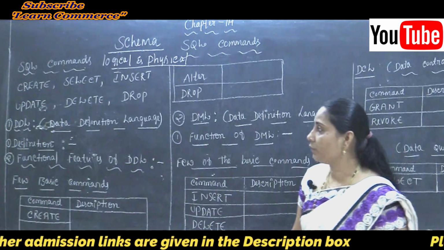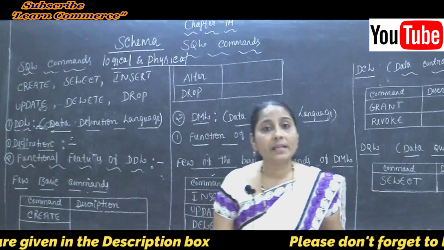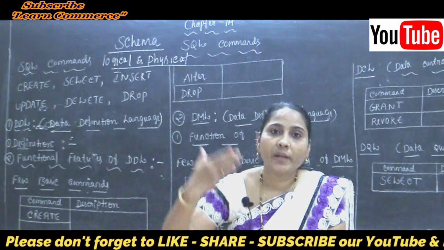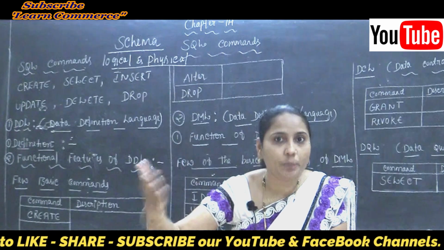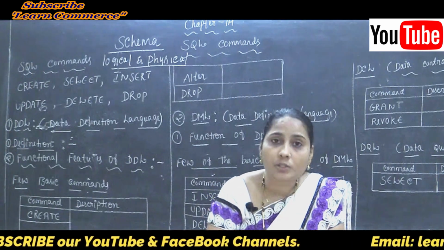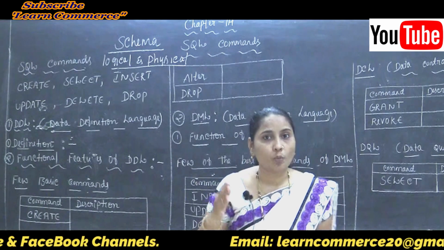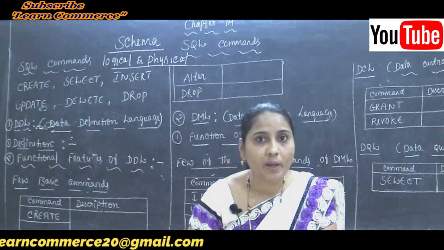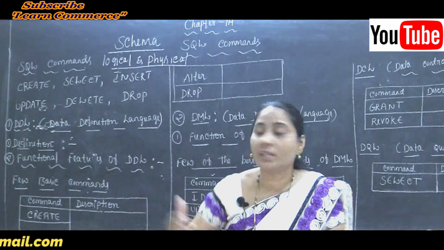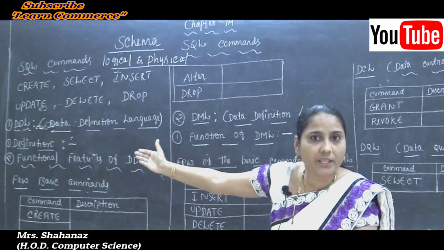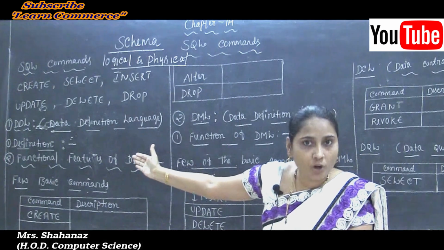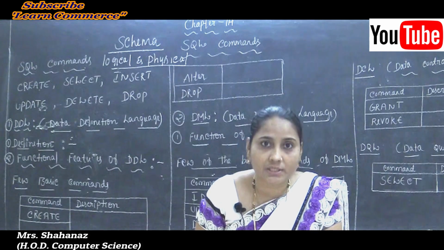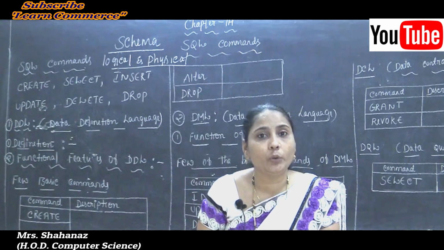And the fourth feature is providing the relationship between the record and the fields. Because we already know that by using the key we can create the relationship between the tables here, and also in case you want to make some relationship between our records in a table, then by using our DDL commands we can make the relationship between the records. And also the DDL provides data security measures, that means it provides some security to the data.